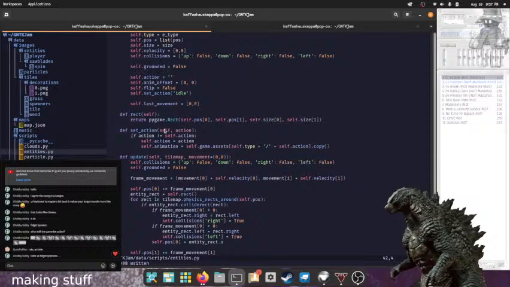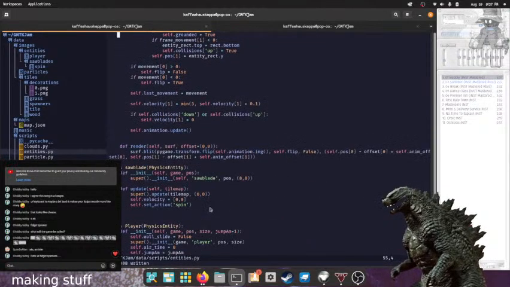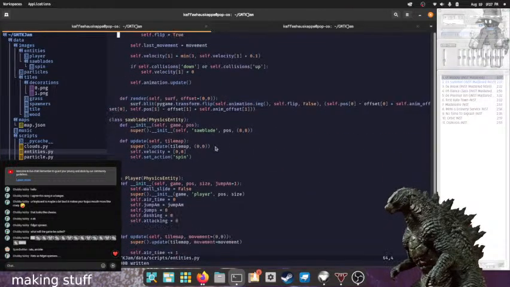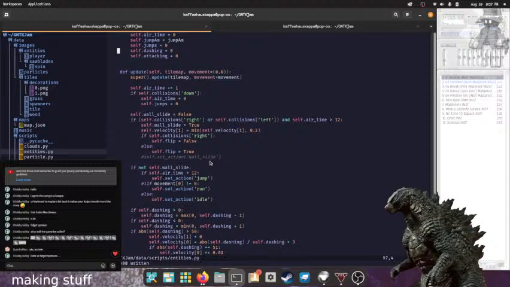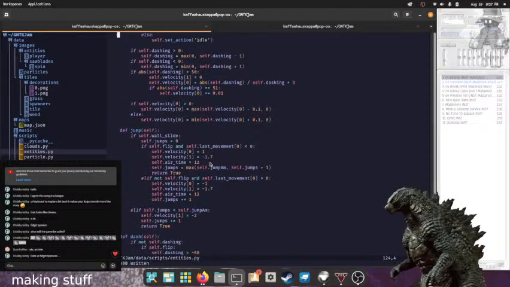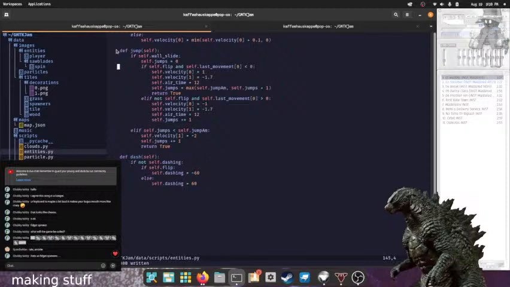So it should just be able to do like... Okay, yeah, so it has a thing called entity rect. So if it... sawblade.entityRect should work, right? Maybe, perhaps. I think. I hope.